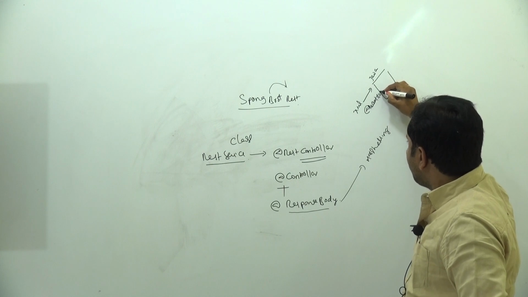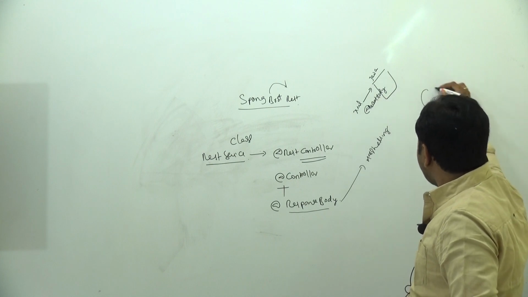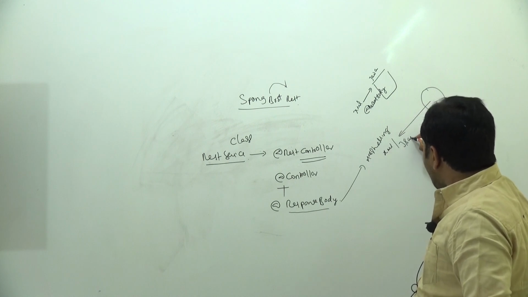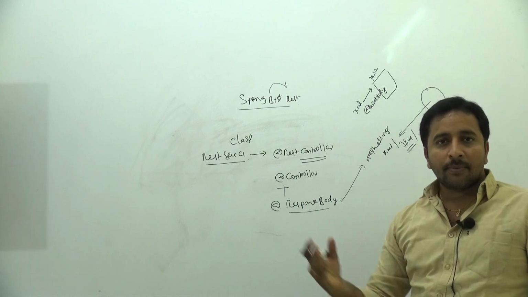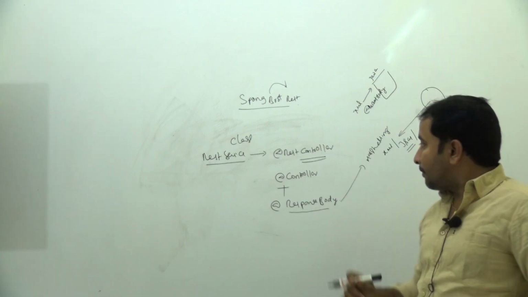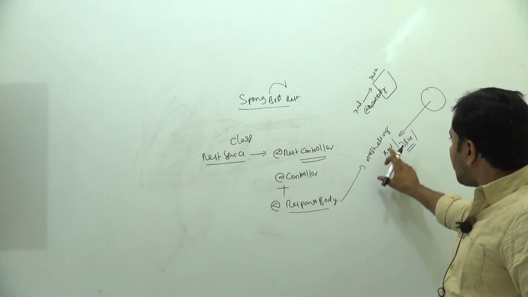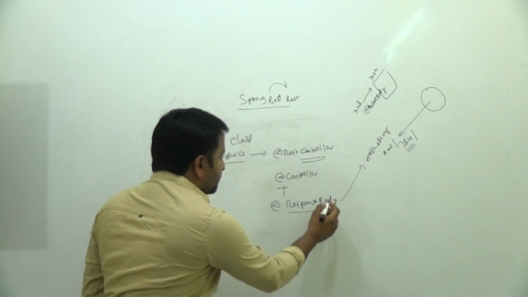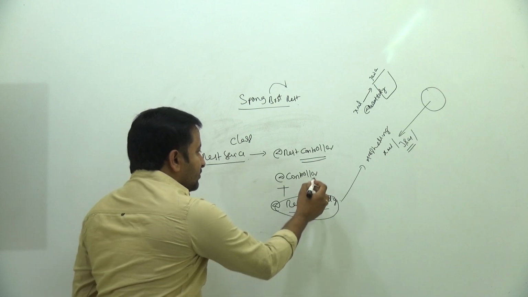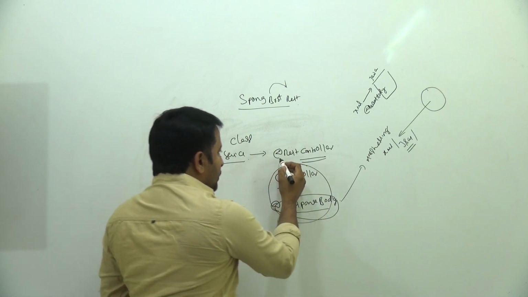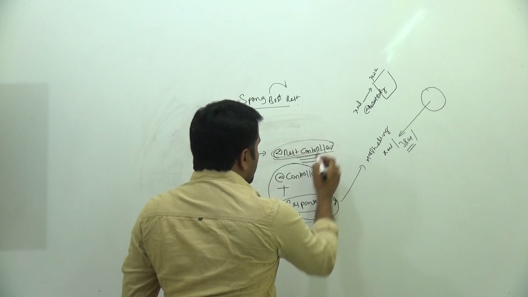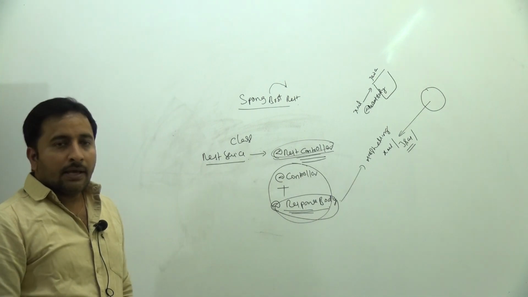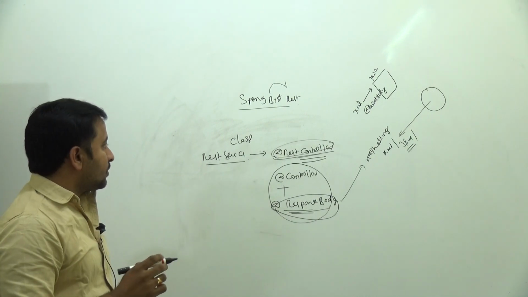Vice versa, if you are sending a Java object and I want to send it in either XML or JSON format, or any other format, how the formats are defined, I am going to tell anyway. But whenever we convert this Java object to XML or JSON format, it is done by using the @ResponseBody annotation. Because of these two annotations, if you declare a class as @RestController, then there is no need to declare @ResponseBody for each and every method. I hope you are getting my point.